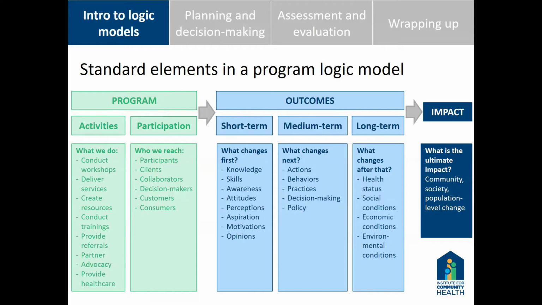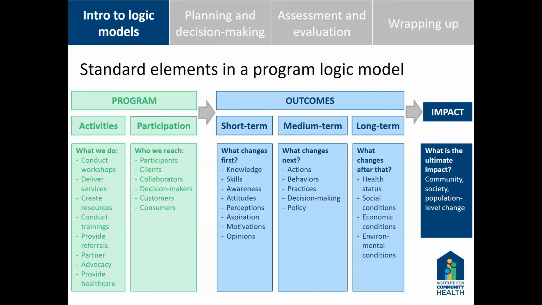Most agencies are more familiar with a programmatic version of the logic model, so we really want to start there and then build out to the organizational logic model. There are basically three components when you create a program logic model: the program, the outcomes, and the impact. A program is made up of two subcomponents, activities and participation. Activities are what we do. So they could be you conduct workshops, you deliver services, you generate resources, you conduct trainings, you provide referrals, provide healthcare, you advocate, you partner with agencies, and